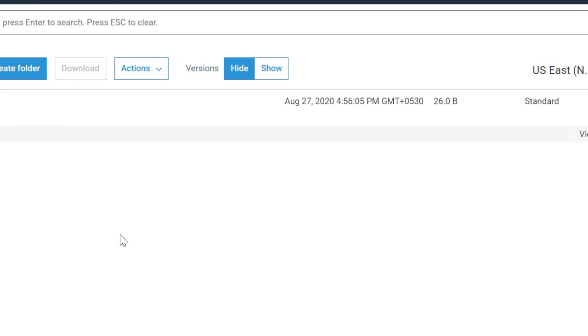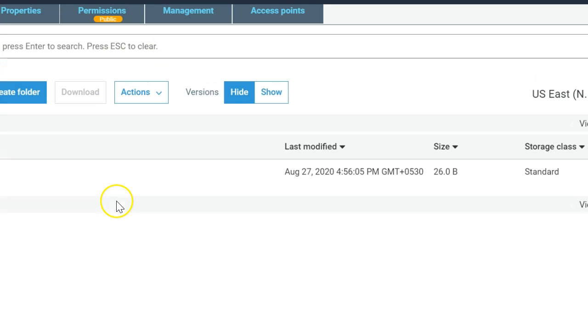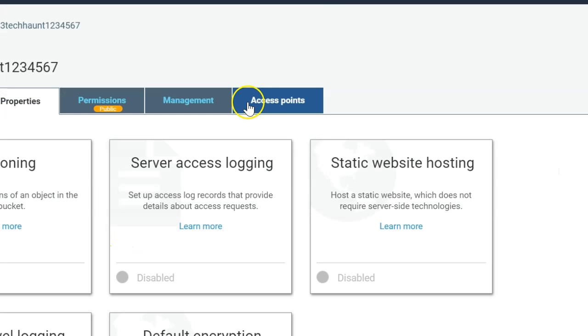Okay, so that's the versioning, and those are the features of versioning, how you can enable the versioning, how it can keep multiple copies of one file in your S3 buckets, and how it's going to be useful in the real-time environment. Okay, guys, so this is all about the versioning,